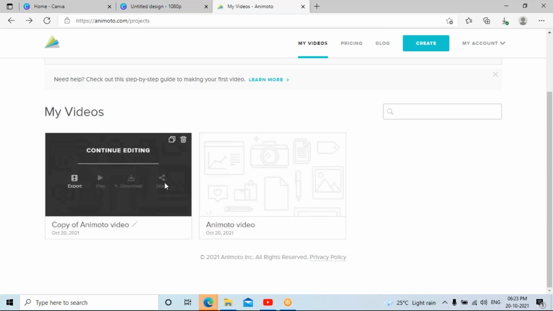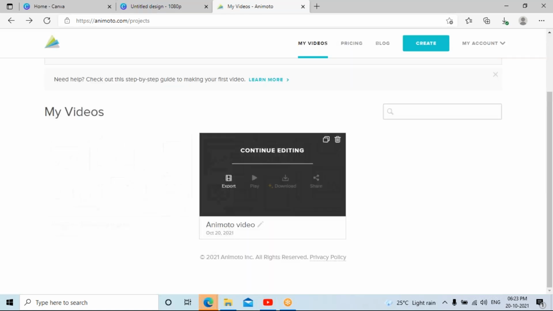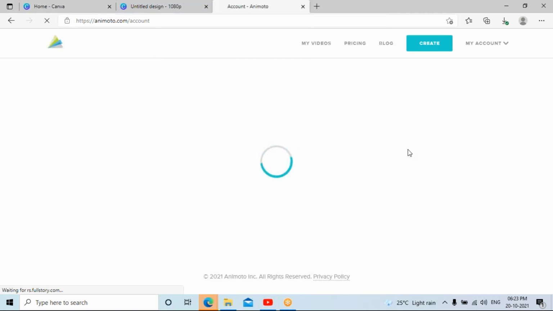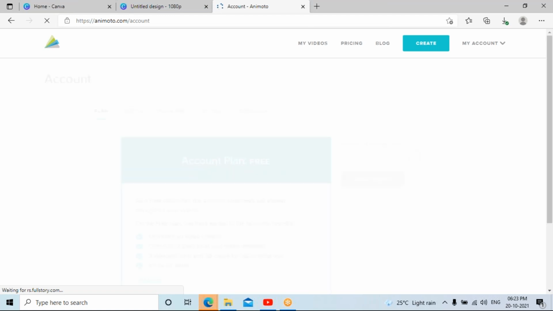There could be a reason: either I have used the same software multiple times, or they have changed the privacy policies. Very recently I used it and was able to change it, but I'm not sure what the reason could be. Sorry for the inconvenience. I'll check what account information is stopping us.